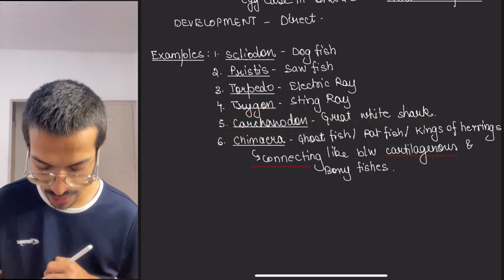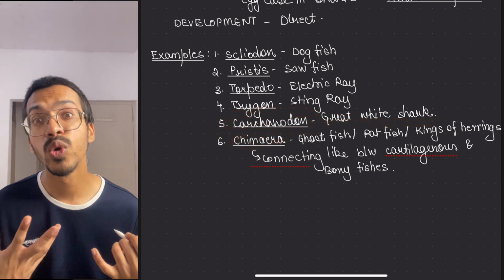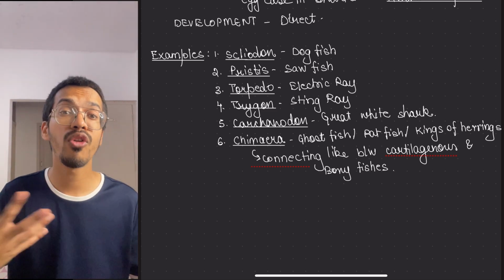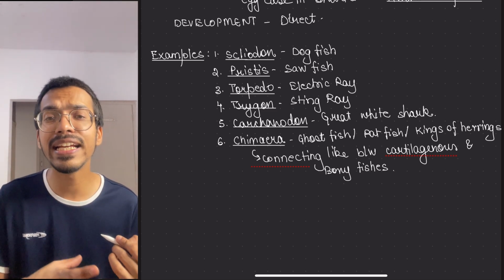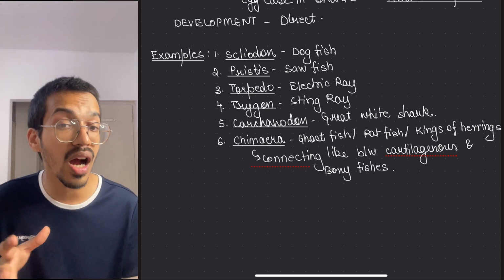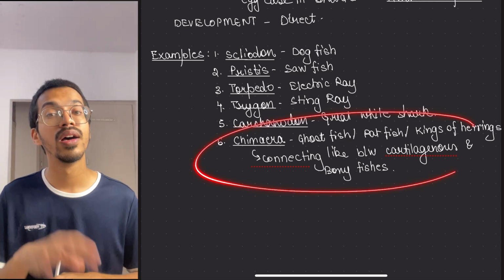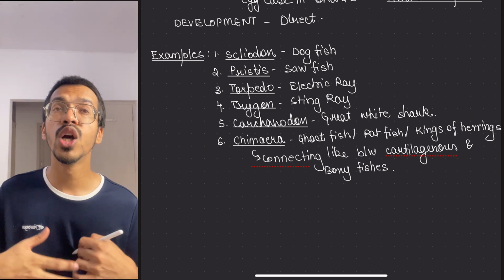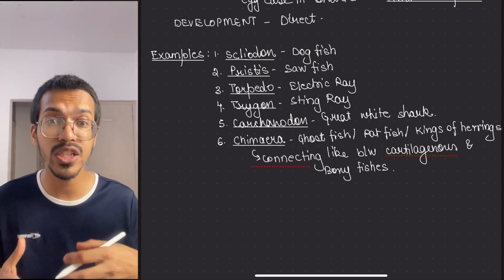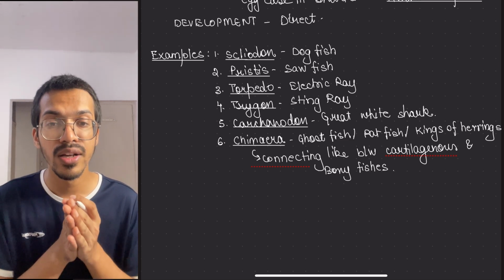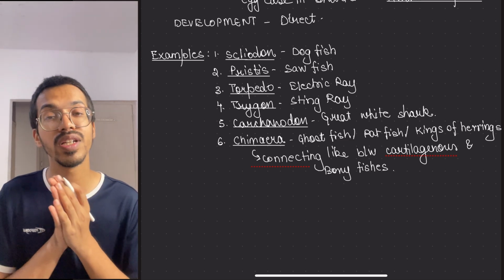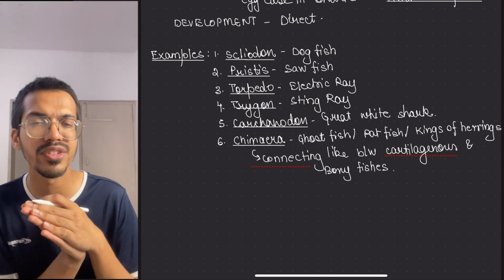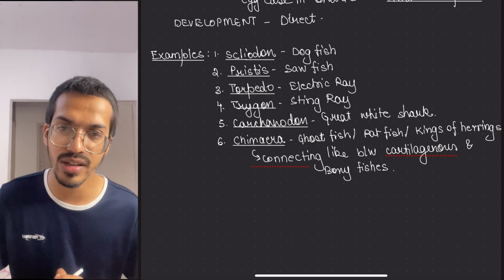Okay, then we have Chimaera. Chimaera is what? It is a ghost fish, or why it's called king of herrings, because it is a fossil kind of a thing. It is a connecting link between the bony fish and the cartilaginous fish. So you have to remember this thing, which will come in the evolution in 12th class. So here I am telling what is a connecting link. Connecting link means those kind of organisms which have the features of two different groups. So Chimaera is the connecting link between cartilaginous fish and the bony fish, but less features of bony fish, more features of the cartilaginous fish. That's why it is put into the cartilaginous category.